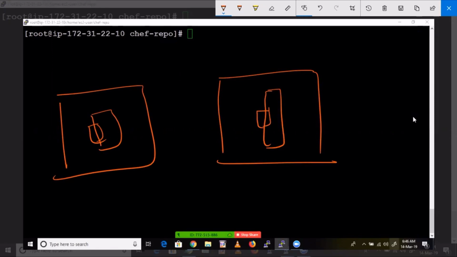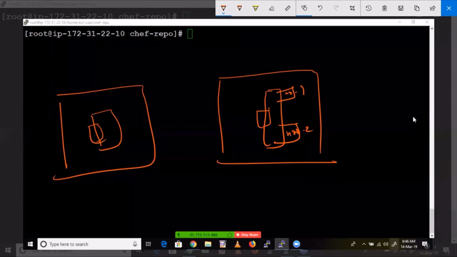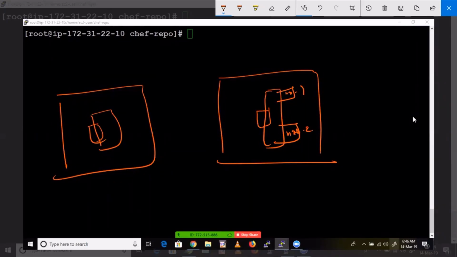Now we are going to attach all nodes to this role. Only one time effort, right? This is node 1, node 2. So let's attach. I told you it's only one time effort because today you purchase nodes, you bootstrap the nodes, and you automate with Chef, and you attach these two nodes to that role. It's only one time effort.